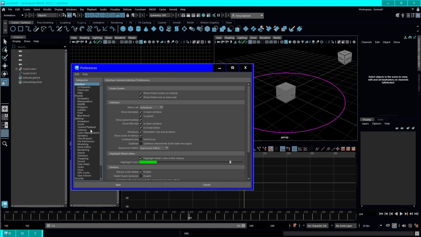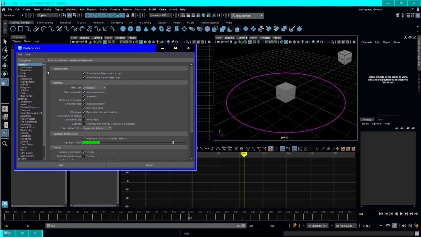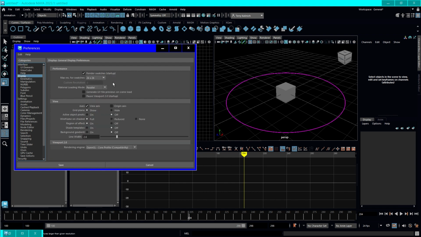So, okay, the first thing I will show you is the curve width here. If you go under display, you will see here your line width, and you can make it as fat or as thin as you like. So if you like fat curves, then this is for you. Another helpful